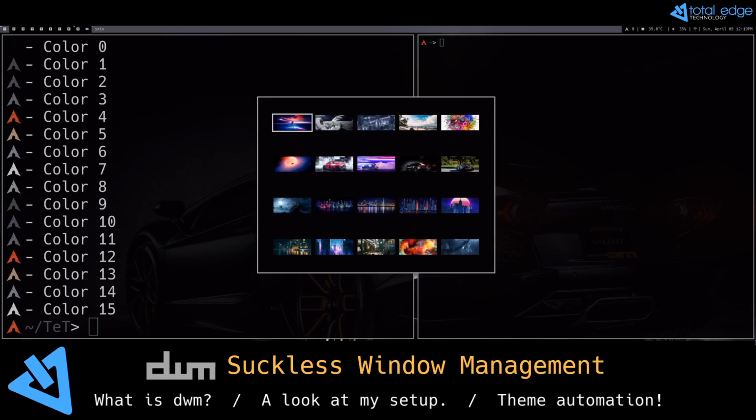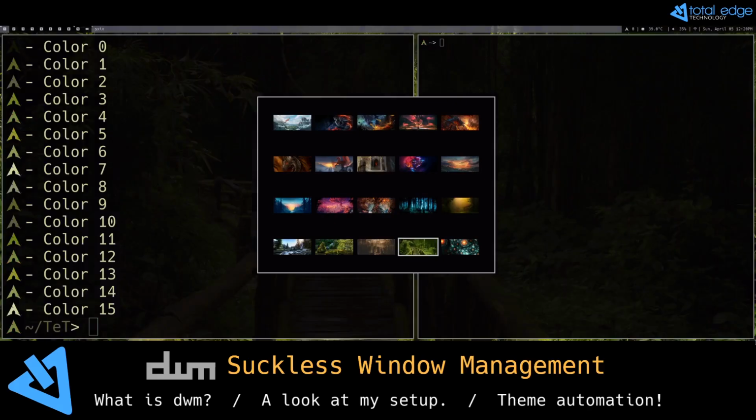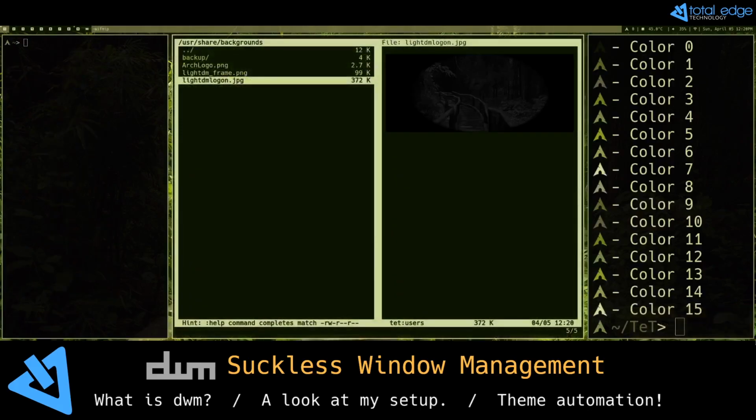And one neat feature of sxiv is that you can apply scripts to key bindings. So if I come and grab a different wallpaper, I can have my entire desktop theme match the colors of the wallpaper. And if I go take a look now at my LightDM logon background, you can see that I used imagemagick to automatically convert it to black and white and then to apply my frame to it. So this is all automated in real time,